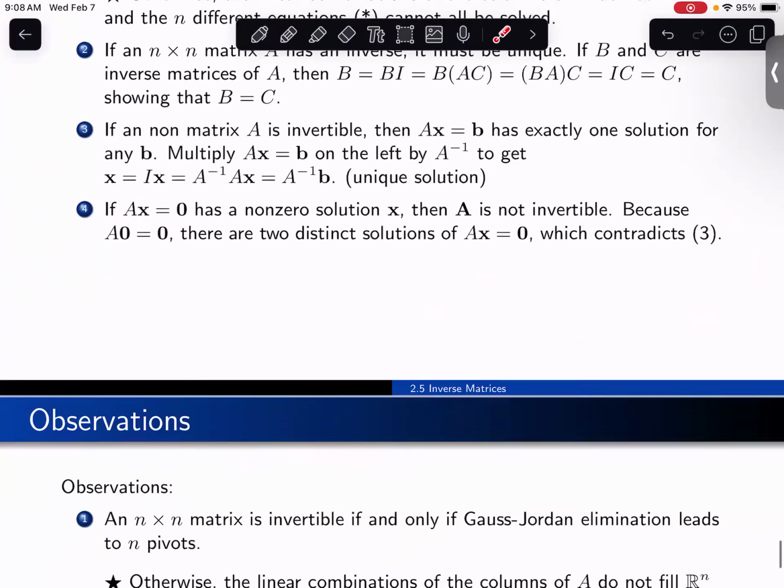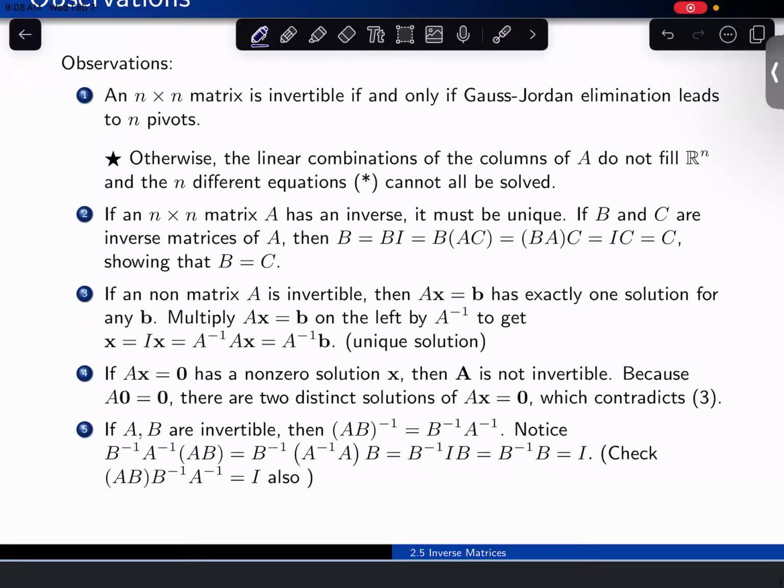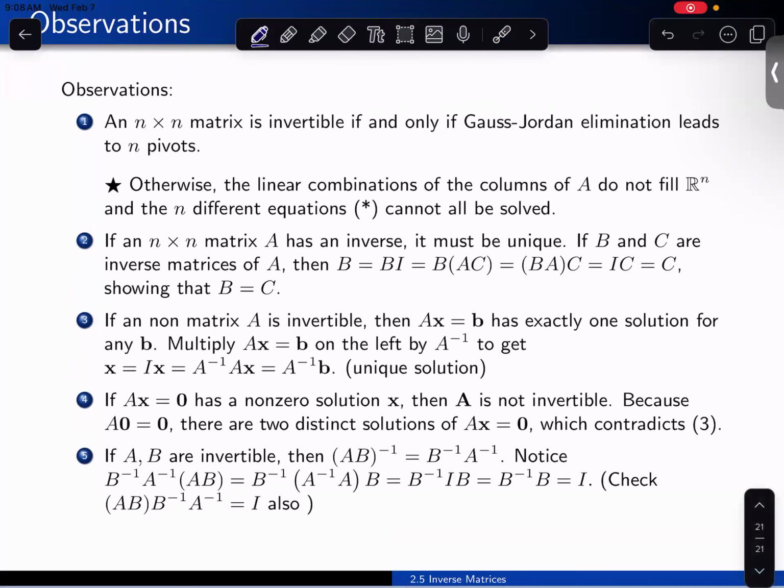And then the last part of this theorem is just going to tell you that if you have two invertible matrices, their product is going to be invertible as well. So if A and B are invertible, then the product is invertible, and the inverse of the product is going to have the following form. We have that (AB) inverse, the inverse of the product, is going to be the inverse of B multiplied by the inverse of A. So this inverse sign flips the order of the multiplication, and then you distribute the -1 to both terms